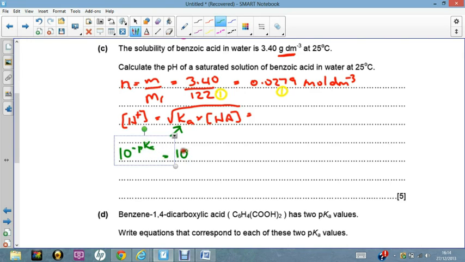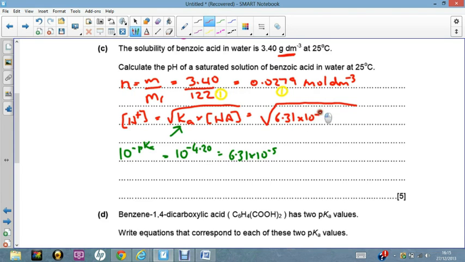At the top of the page, pKa is 4.2, so I'm going to do that calculation there, which gives me 6.31 times 10 to the minus 5. Now I'm going to sub that back into this calculation here. And when I work that out, I get